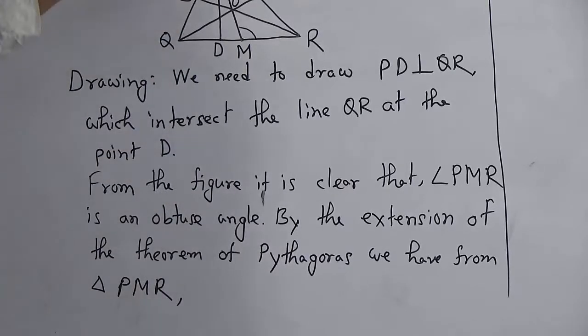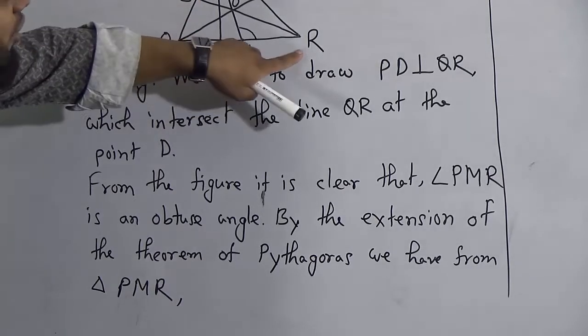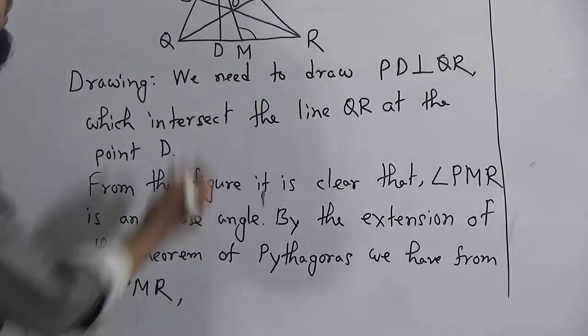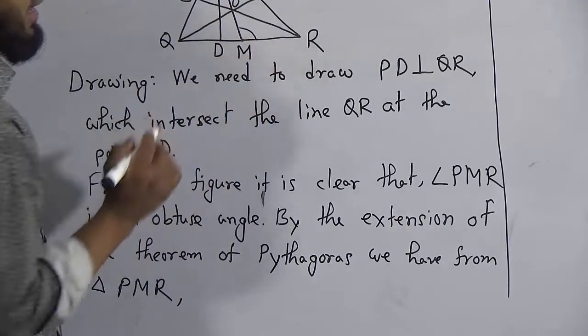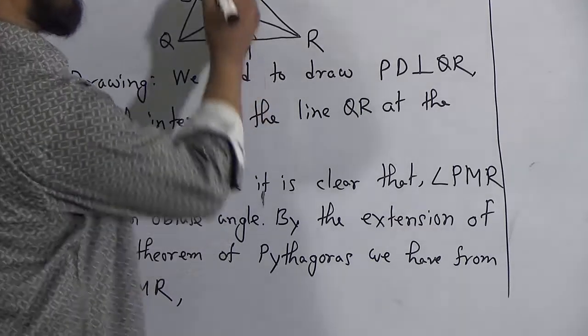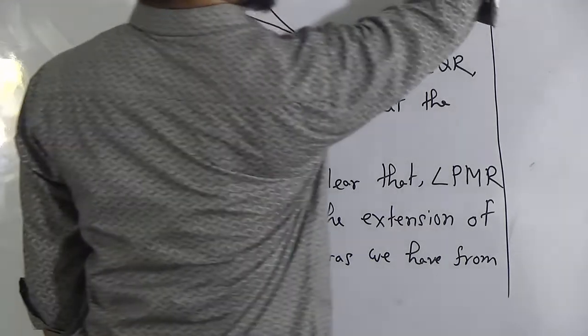From the Pythagoras extension theorem, we can write from the triangle PMR, we already assume that angle PMR is an obtuse angle. So we can write PR square